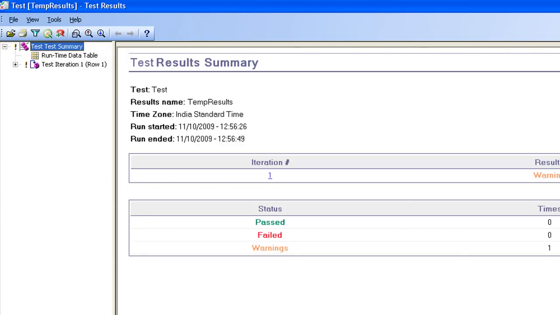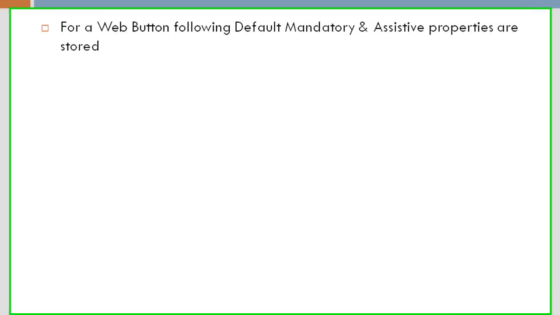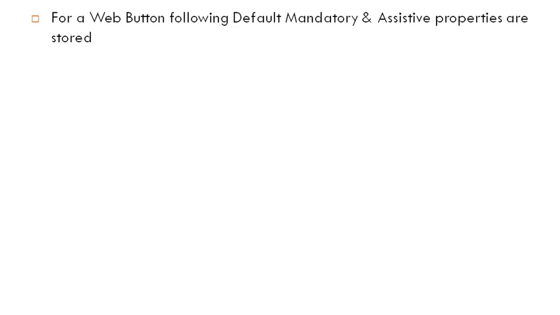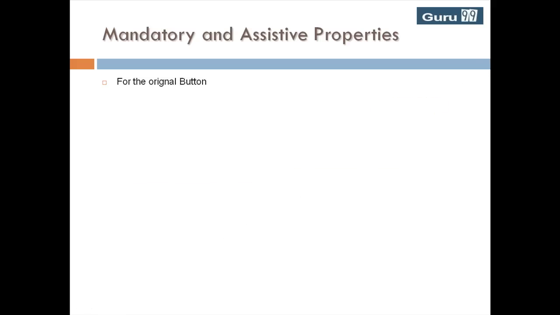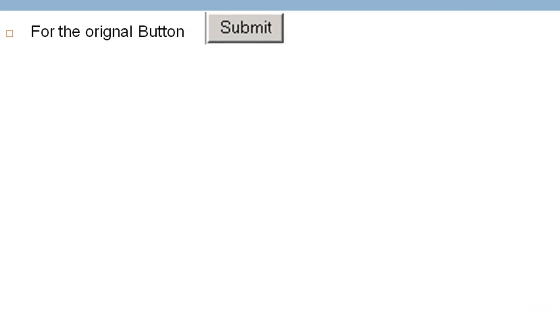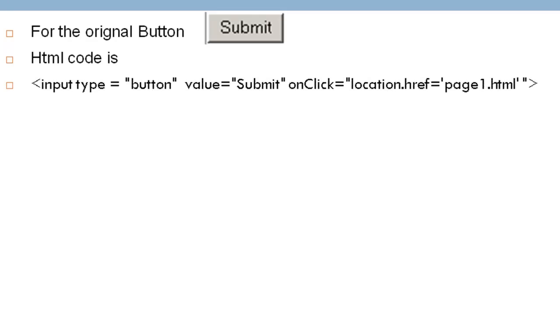Why? Let's investigate. For a web button, following default mandatory and assistive properties are stored. For the original button submit, HTML code is... onClick is actually a JavaScript function and can be ignored.